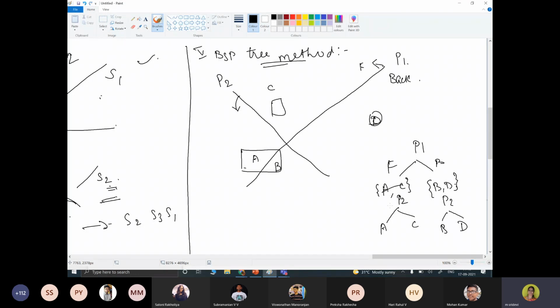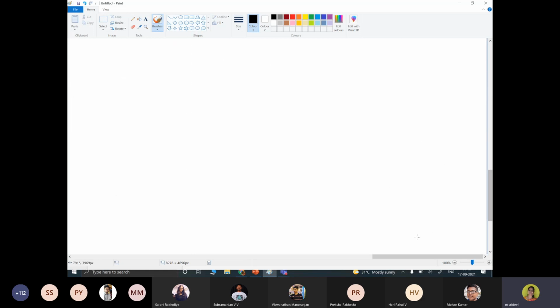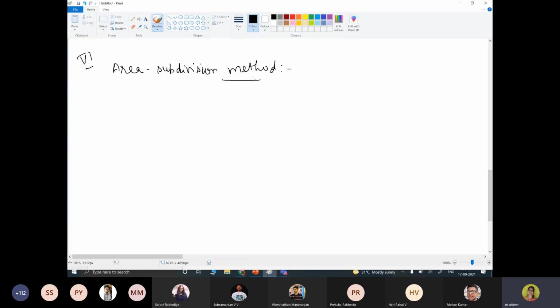And the next method is area subdivision. It's the sixth method. Its name itself says we are going to divide the area into sub areas.